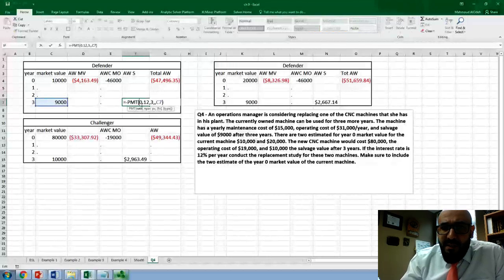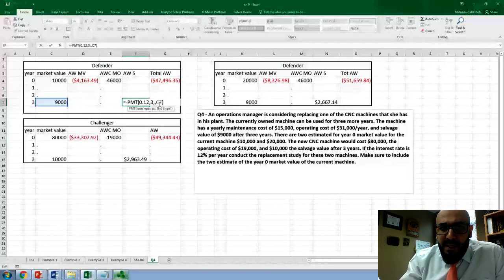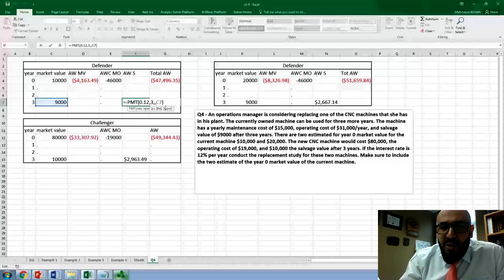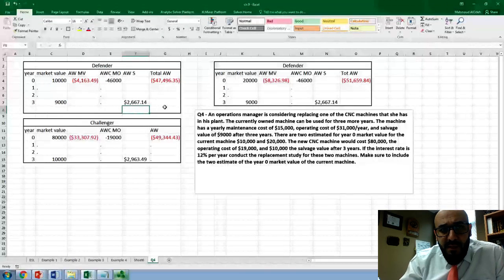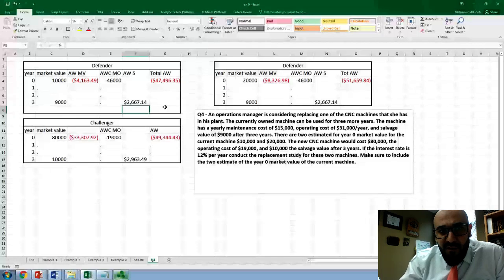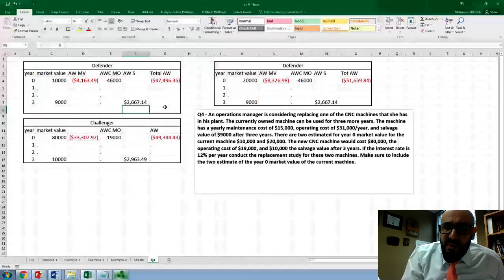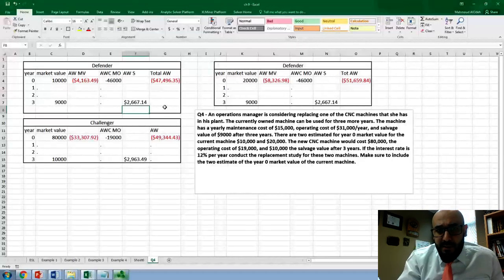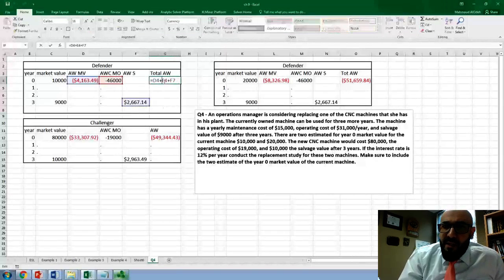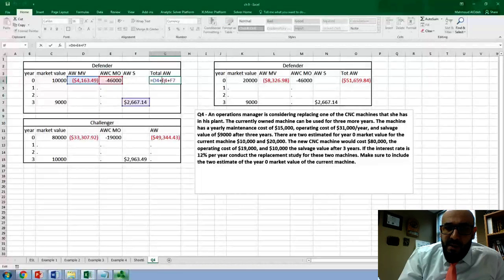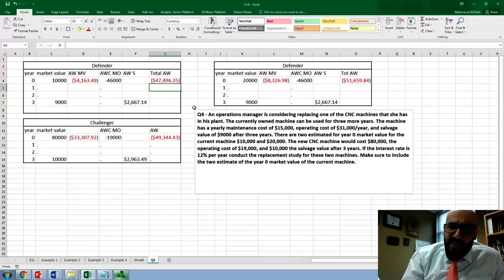You use the PMT function again, but this time you use the future value parameter for the salvage value to find the annual worth of the salvage value over the 3 years. If we consider the time value of money, you will find that the salvage value would be equivalent to $2,667. And then find the total value for all these parameters, the market value, the maintenance and operational cost, and the salvage value, and that would give you about